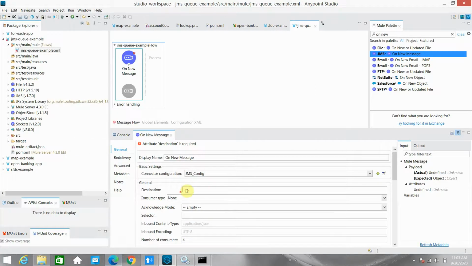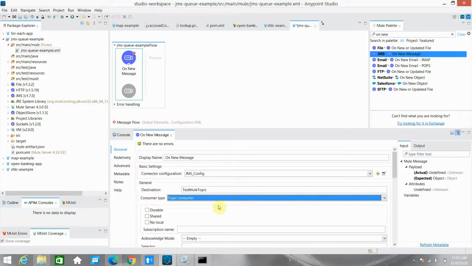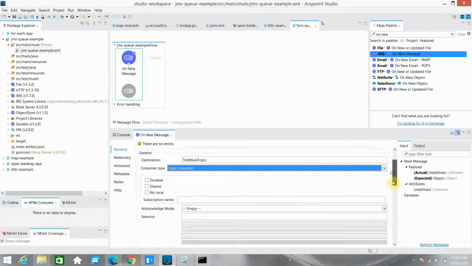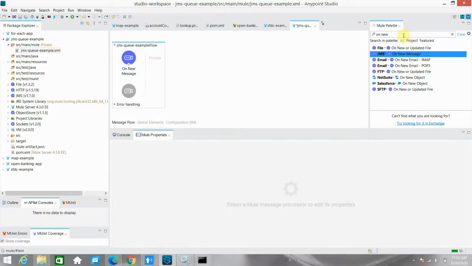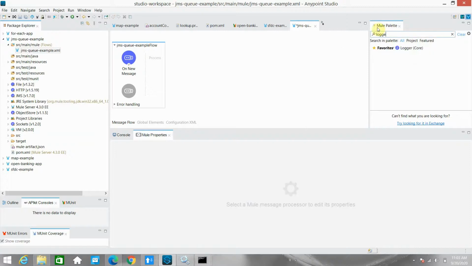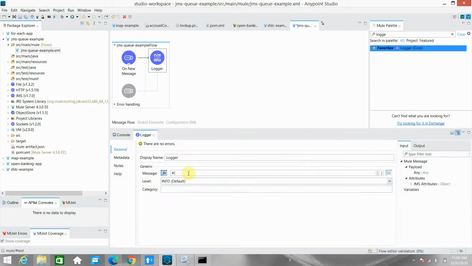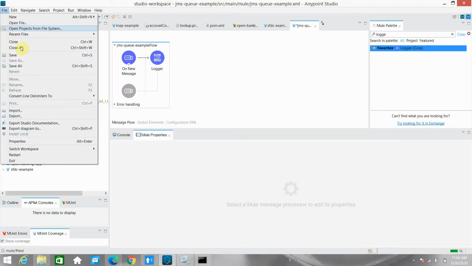I can set the topic name, which is test mule topic. The consumer type is topic consumer; we will see this option later. Then the inbound type is application/json, and I will set the number of consumers to 1. These are the configurations you need to do. Then a Logger, and I will log my payload and save it.